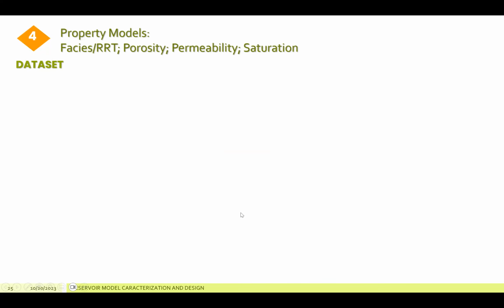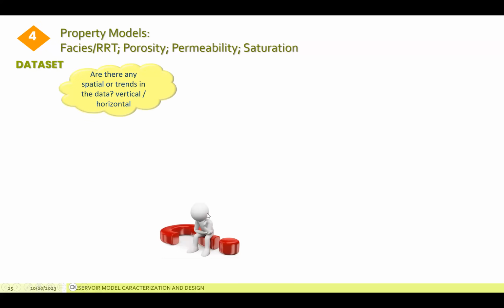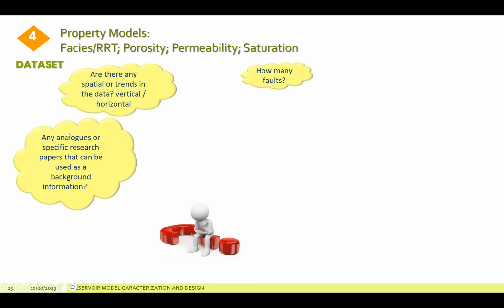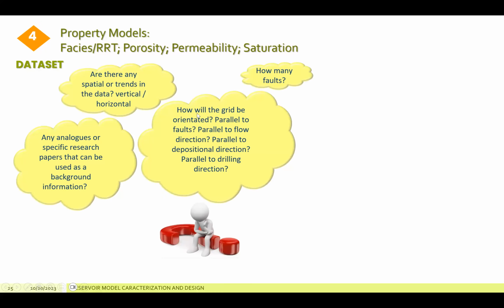Here I'm going to again highlight the importance of a good data set. So you are here thinking: are there any special trends in my data? Do I have analogs to use as a background? How many faults do I have? How will the grid be oriented? It can be oriented by a fault, by something, by a trend. So you need to have these ideas